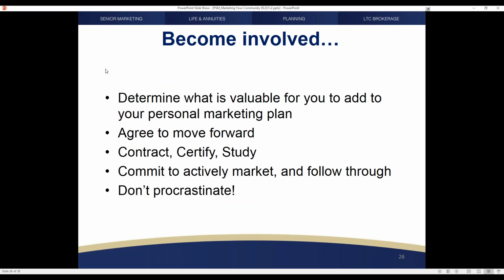The big point of it is, when all is said and done, more is said than done. If you've created your marketing plan and look to incorporate in-market venue activity, retail activity, community-based activity, as you probably should, because you don't want all your eggs in one basket. You want multiple lead sources working for you. You've got to have your plan in place and work it. And that includes making certain that you're prepared by being contracted and certified for the programs that you need